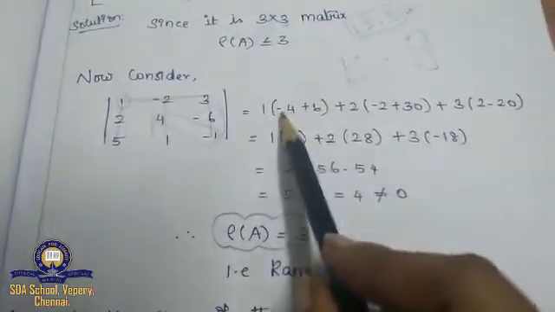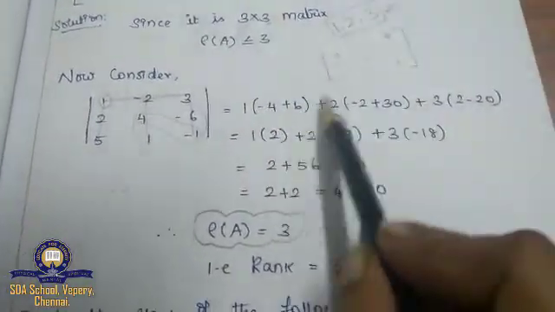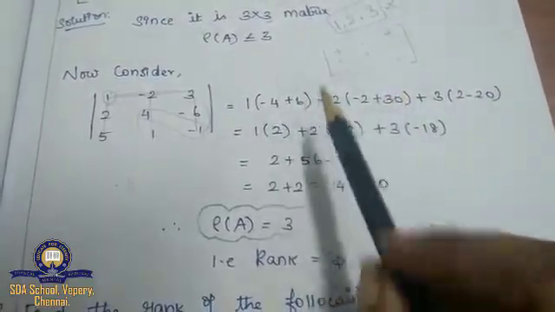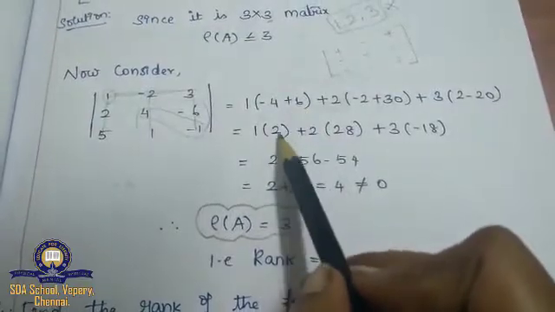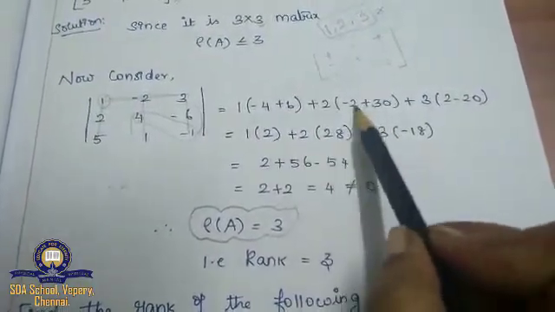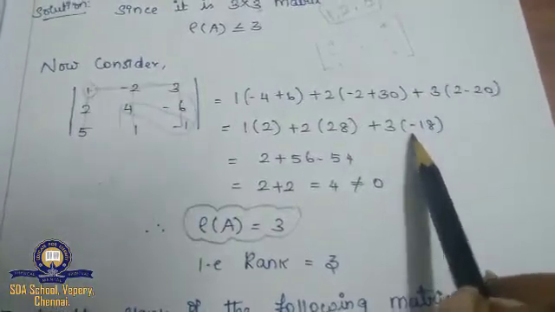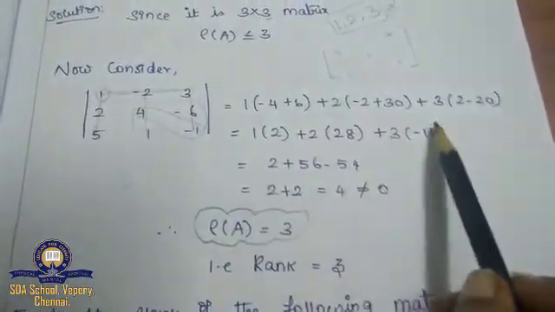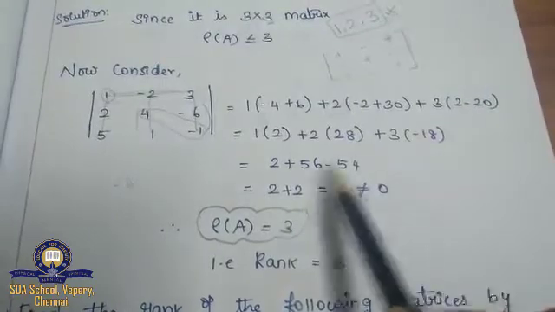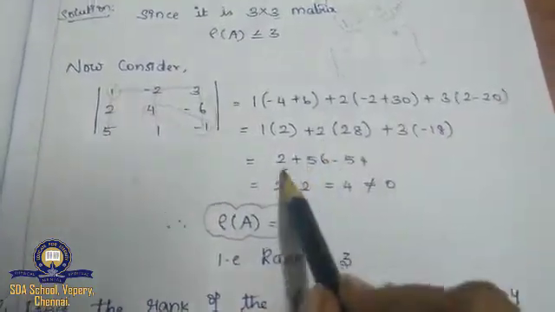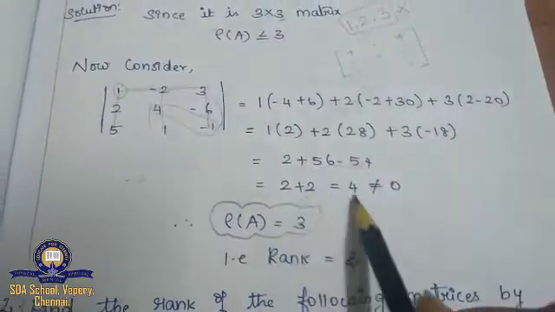So after finding the determinant value, I'm going to solve the bracket parts. First we need to solve the bracket terms. So minus 4 plus 6 is plus 2. And minus 2 30 is 28. And this will give me minus 13. So I'm going to multiply all the things inside. So 2 plus 56 minus 54. After solving these three, I'll be getting 4.